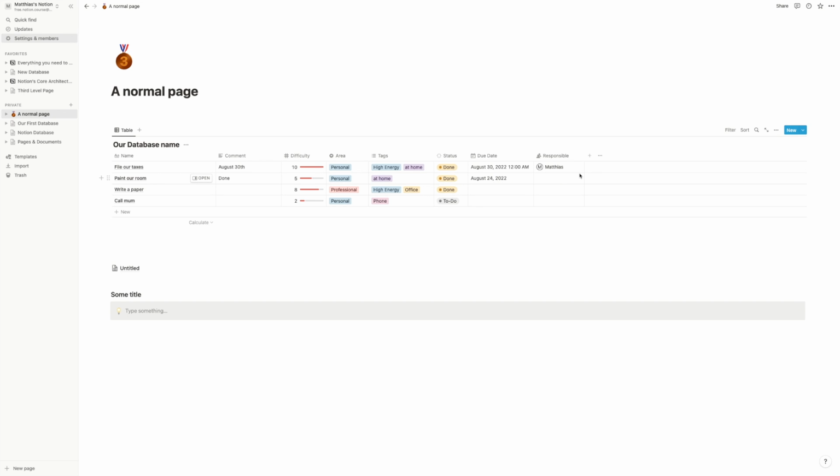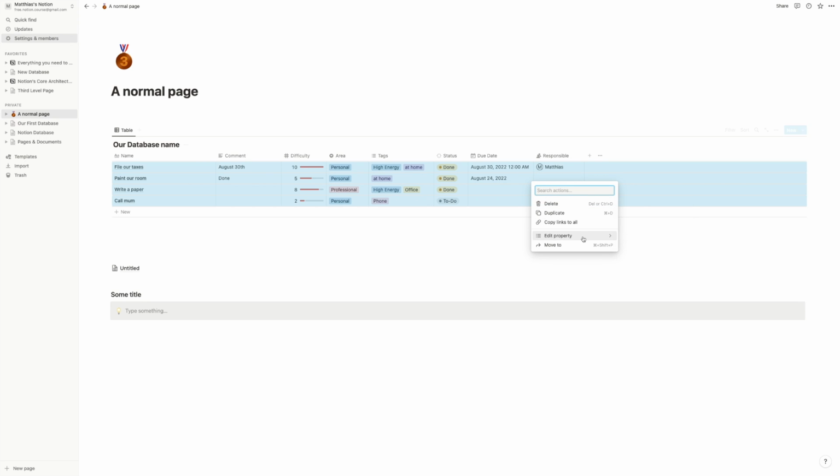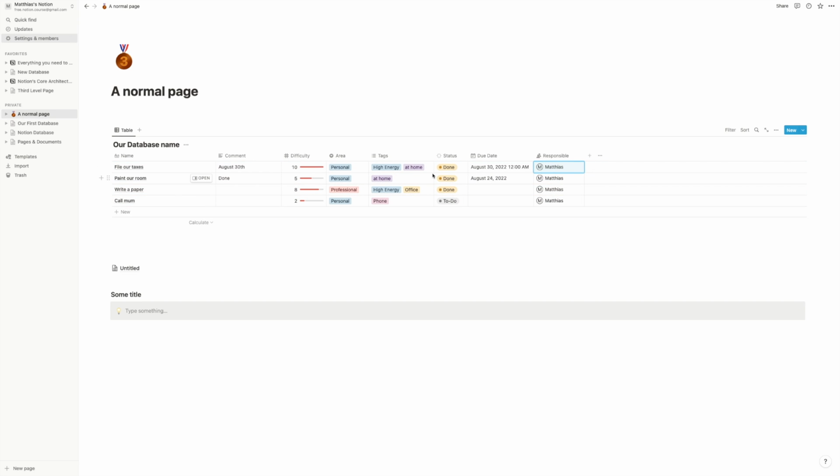Quick tip here, if you need to add information to several database fields, you don't have to click in here and say Matthias for everyone. The two things that you can do to speed this up is to either select all entries, right click, and go on edit property, responsible, and then click on Matthias, and it will fill everything out. Or the other way to do this, maybe let's do this for here. If we say, okay,